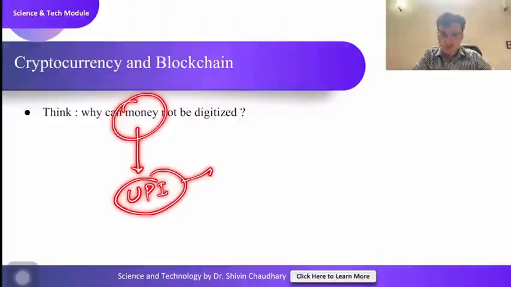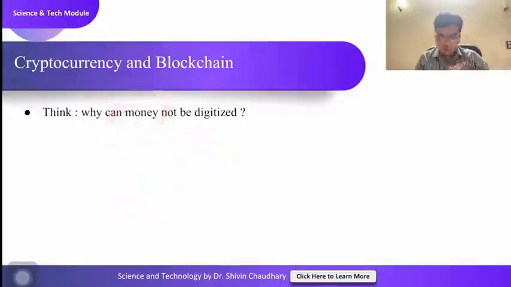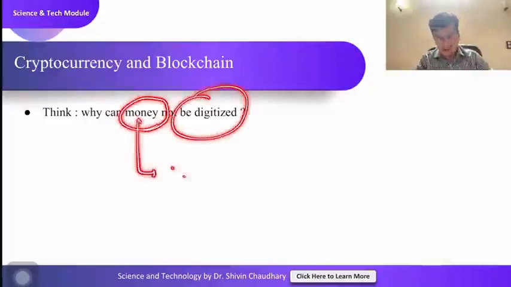UPI is just money, the money that is in your account, and it's just being transferred digitally. The money is in your account, it's being digitally transferred, right? This is what UPI is. Okay, it's not digital money. E-rupee sort of is digital money but not really. But here what I'm saying is, we turn money into a file that